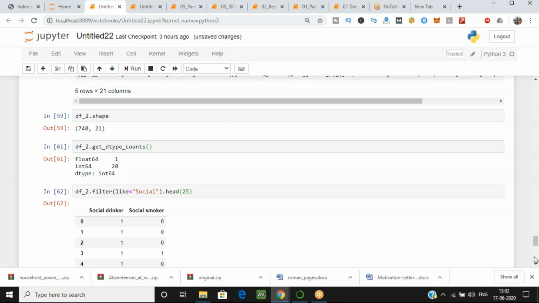Kalpana, you have an error at 61. Okay, df2 underscore, write this command the same, because it will not show the error if you write the same command. df underscore 2 dot get underscore dtype underscore counts, because s will come. After count you have to put s. Okay, maybe you have written count only. That's why it shows the error.